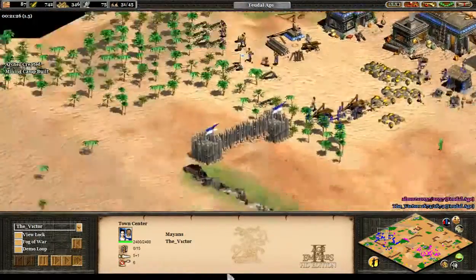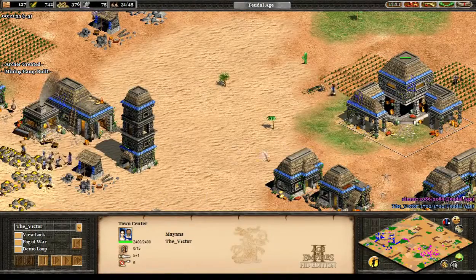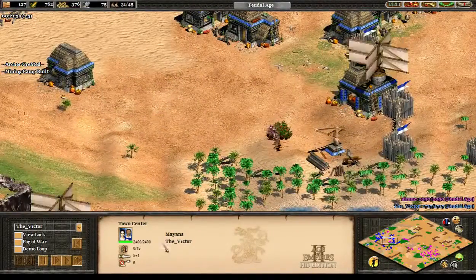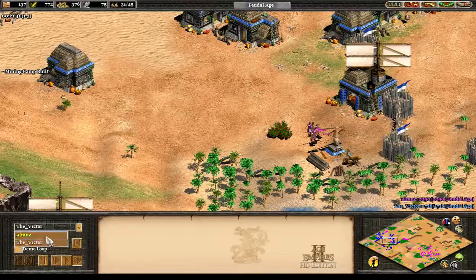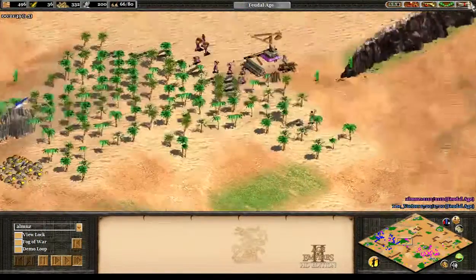The Victor can probably go up to castle very soon once he gets enough food up. However, he stopped producing villagers. He's only got 31 population. Alma's, on the other hand, has 66 population, more than double. And, well...